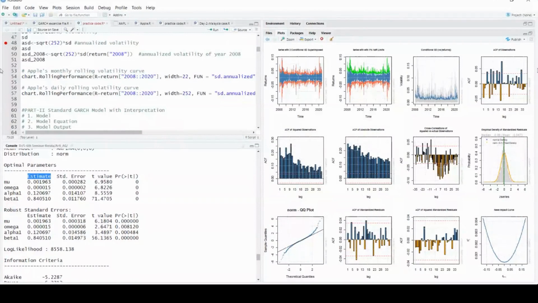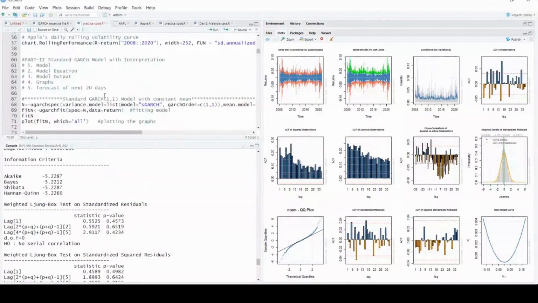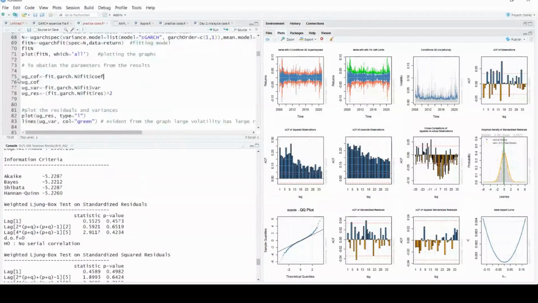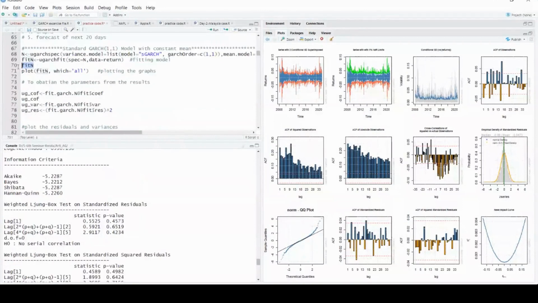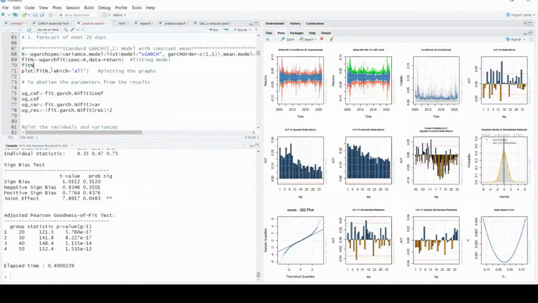That's good. Okay, now how to extract the coefficients. So basically, this is my model, the complete model. When I click on this, you will get the result. Whenever you are extracting any of the coefficients, what you have to do is you just write it like that. Let me just recheck because I just copy pasted it.